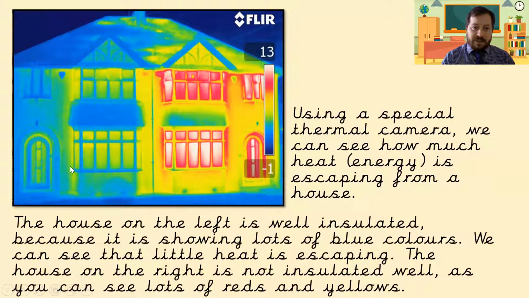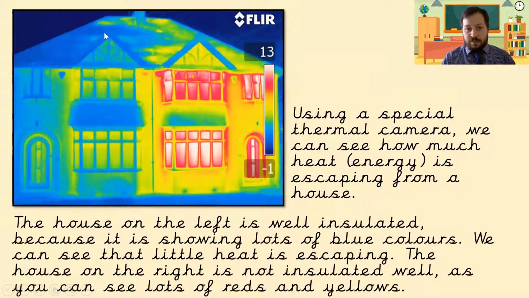The house on the left here must be well insulated. It is keeping the heat in. Now we're losing a little bit of heat through the doors and the windows where you don't have as much insulation. Whereas in this house here, yes, we've got heat escaping from those three places, the doors and windows, much like we did on the other house, but they're higher, so there's no insulation at all. But also through where the walls are, we're losing heat, which is probably where the insulation hasn't been done as well. Even through the roof up here, you can see